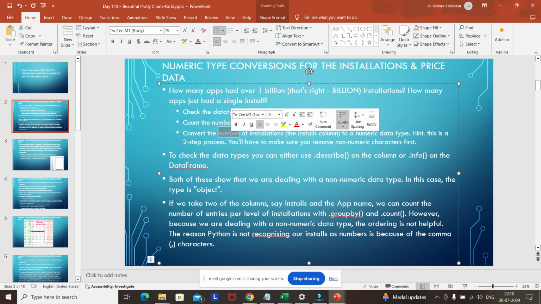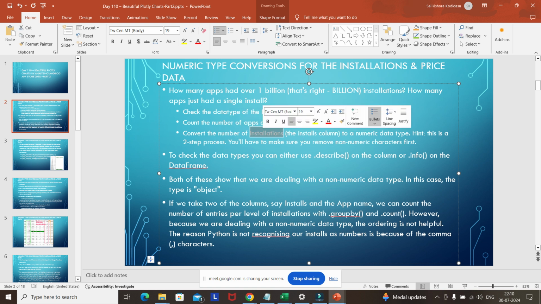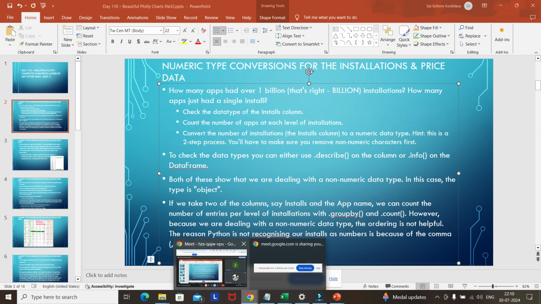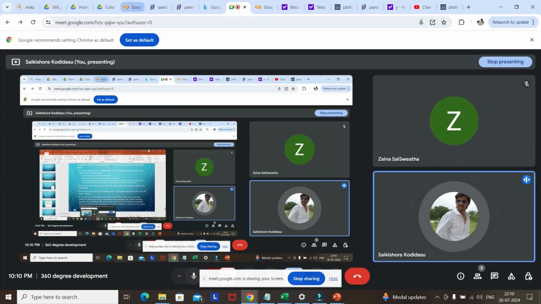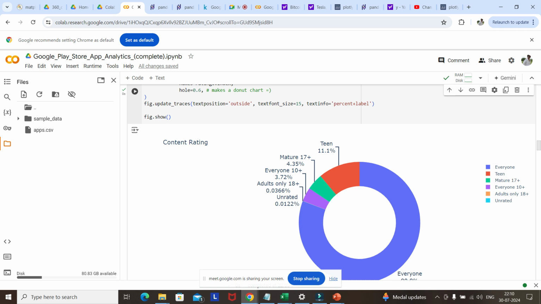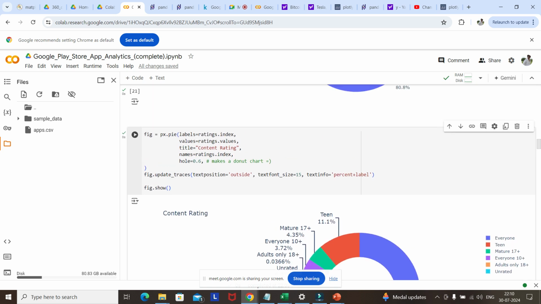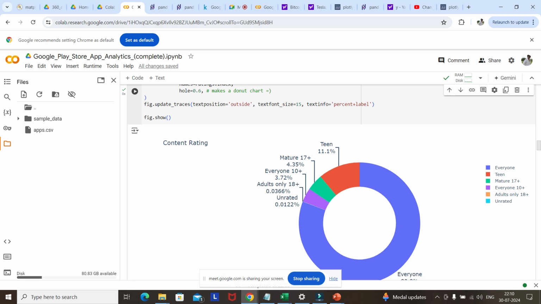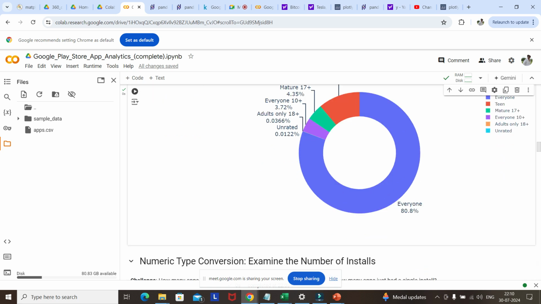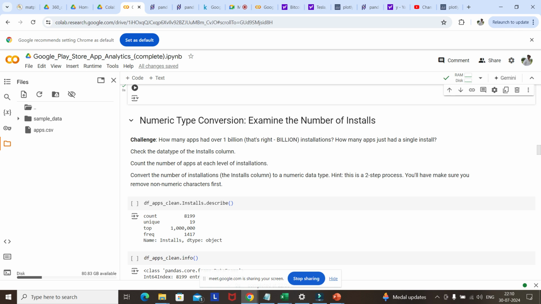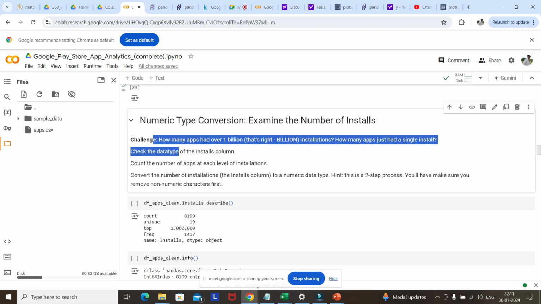Convert the number of installations column to numeric data. This is a two-step process. We have given a hint also, so this is the solution. Let's see how we will be doing that. Yesterday we saw up to the donut chart, and we have modified all this. So now, this is the challenge: how many apps has